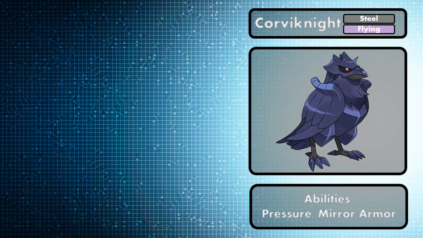Obviously we've got the Steel Flying typing that is arguably the best, if not one of the best defensive typings of all time, making this thing only have 2 weaknesses to electric and fire type moves. It's got the abilities Pressure and Mirror Armor, both of which actually have niche uses. Most sets will run Pressure, but Mirror Armor has some niche utility because a lot of